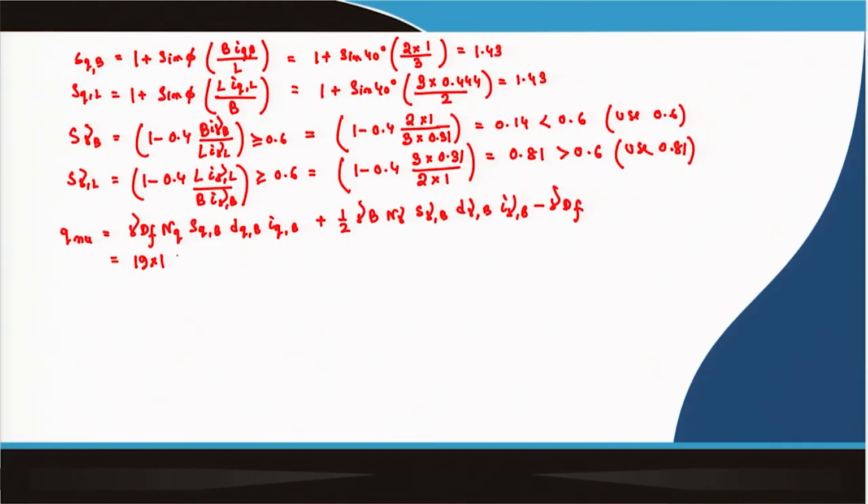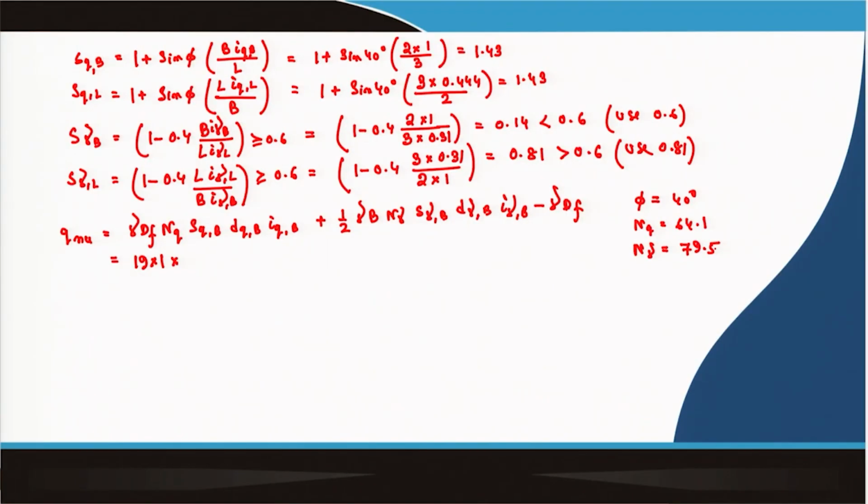For phi equal to 40 degree, N_q is 64.1 and N gamma is 79.5, that I will get from the table of Hansen's bearing capacity equation, 64.1 and